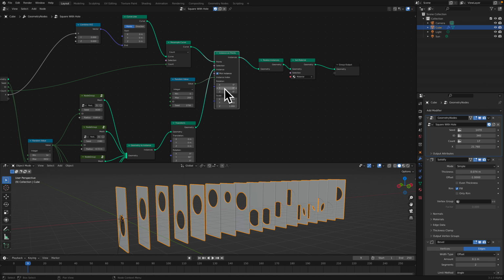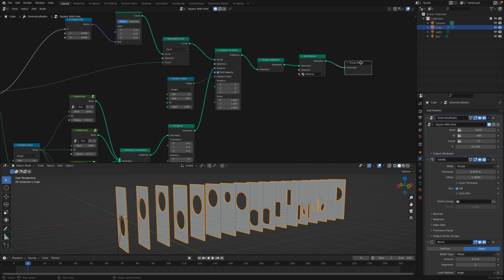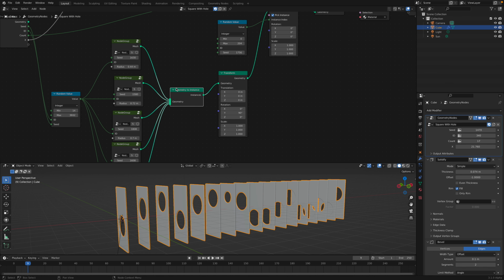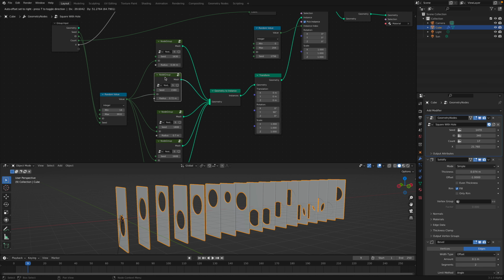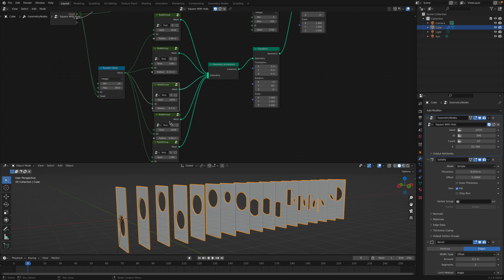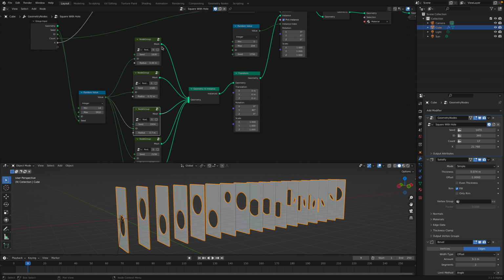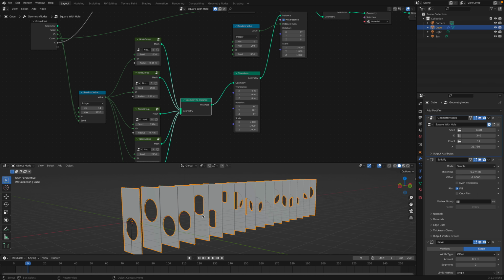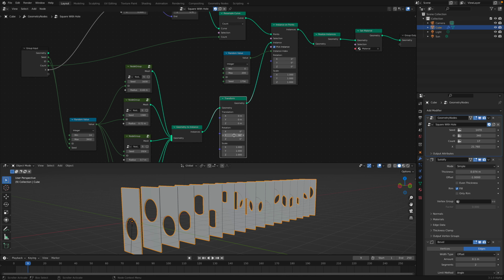I think there's something that I'm missing here. It's hard to understand maybe, but yeah. So I only have 1, 2, 3, 4, 5, each one with a different seed, and then I just combine everything into geometry to instance. So I'm instancing 5 different variants of this rectangle and circle,